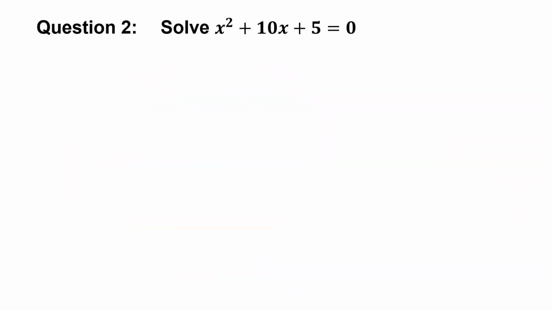So question 2 here, we have solve for x: x squared plus 10x plus 5 equals 0. So pause the video, have a go at the question, and unpause the video when you're ready to hear the answer. So the first thing to notice on this question is that we have no number term in front of the x squared again. So we can jump straight into the first step, which is to write this in completing